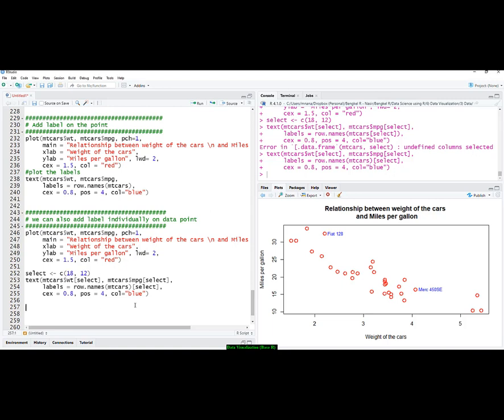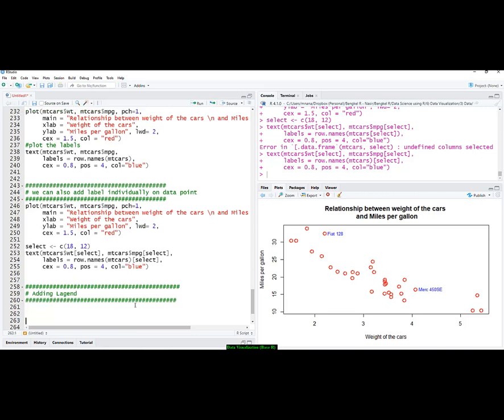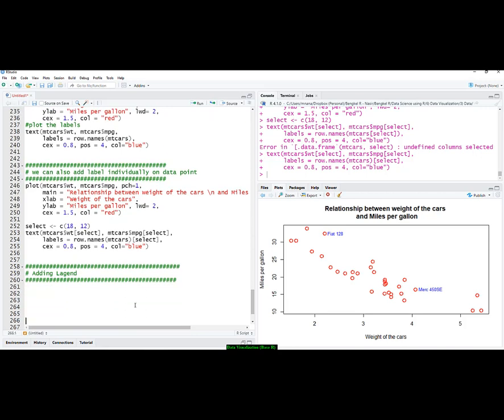Alright. So next, I want to show you how to add legend. Adding legend. Sometimes you have more than two groups kan, you nak buat legend. You want to show this one is for apa, this one is for apa. Let's say I want to create a line chart lah. Sorry, I want to create a scatter diagram, but I want to create a line to represent